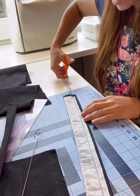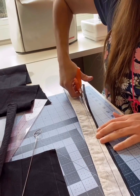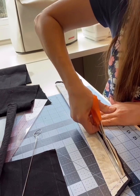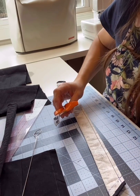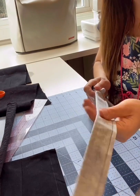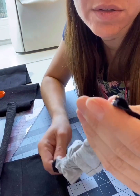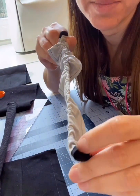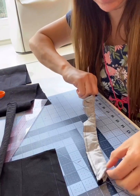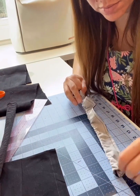But before we do that, it is very good to reduce the seam allowance, just to avoid bulk. This fabric sometimes happens to give me a little bit of itchy nose. So there we go. There is the hook. It gets into the fabric, and then we try to pull it a little bit, and it's gonna go in the inside. This is probably the most difficult part of the whole project, I would say. Thank goodness it's not spaghetti strap, because it's not easy,